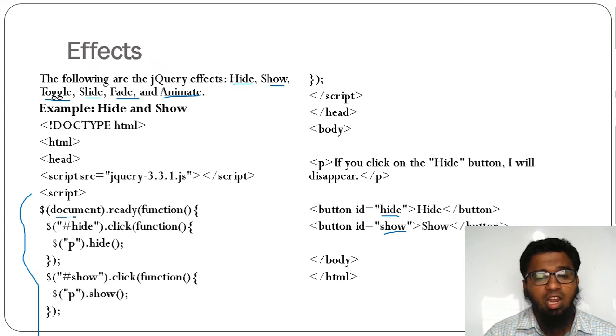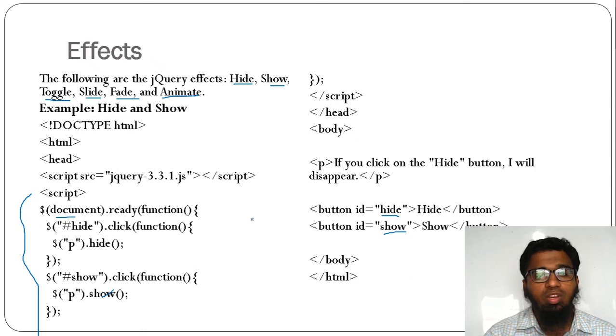Dollar document ready. Then after that, dollar hash hide dot click function. Whenever you click this button, the paragraph will get hidden. If you want to see whatever is hidden, then you need to write p dot show.